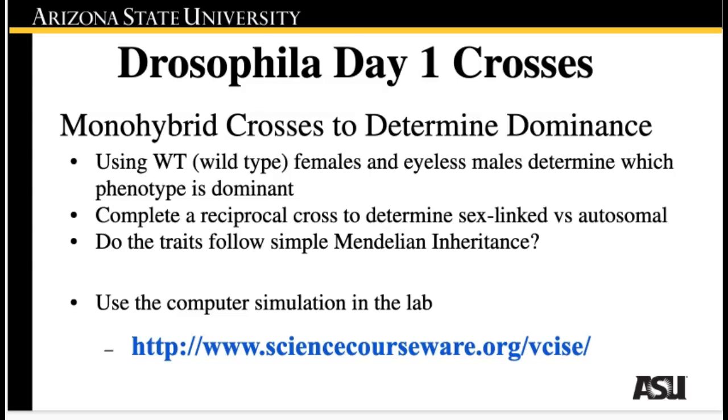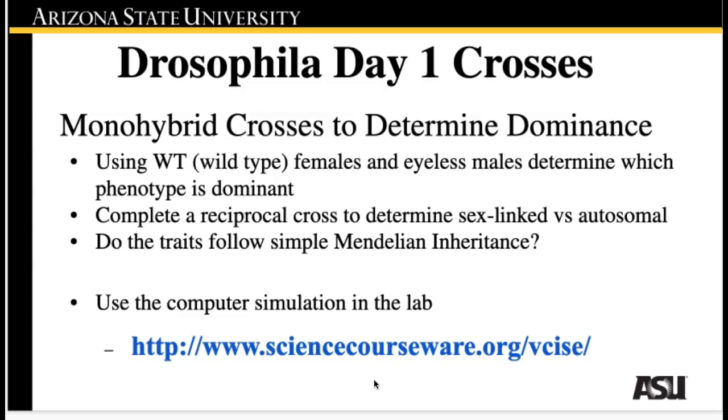So today, aside from the Drosophila assignment, you're going to look at monohybrid crosses between fruit flies. And so you will go to the computer simulation at sciencecourseware.org/VCISE/, and you will start making crosses of fruit flies through a lab simulation. Remember that the steps of how to do this are all in the lab protocol. So if you're confused, go to the lab protocol and follow all the steps in their entirety. There's pictures, everything to walk you through step by step each of the crosses that we'll do throughout the next